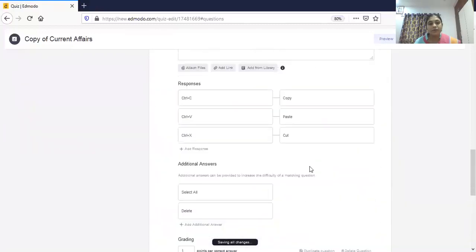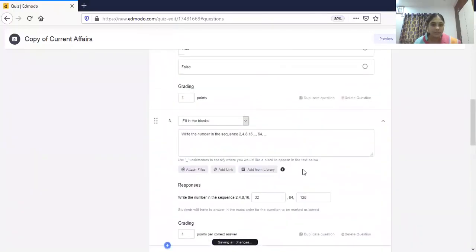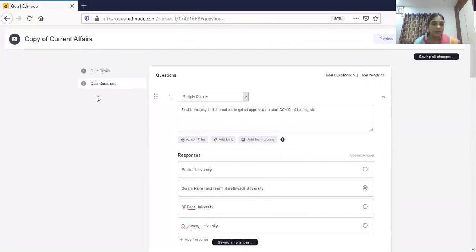And again, you can add a new question. So these 5 varieties of questions will be there in Edmodo while taking a quiz. Whereas in Google Forms, we cannot have this many choices. So conducting quizzes is far better with the help of Edmodo. So let me show you preview. So once we have filled all the details and prepared a question, before assigning, go to preview, how it will look. Let me go to preview.